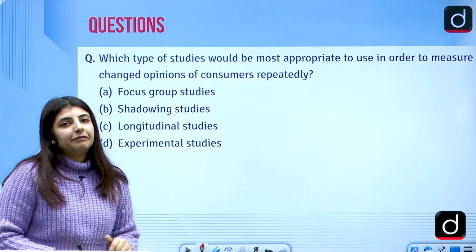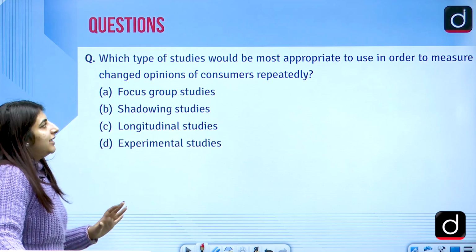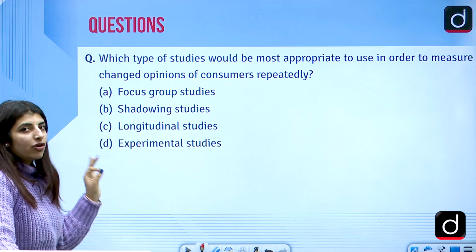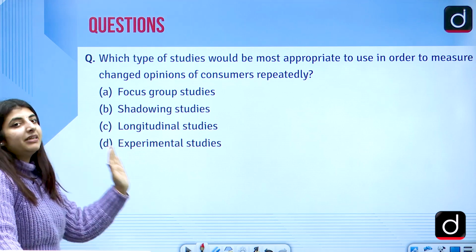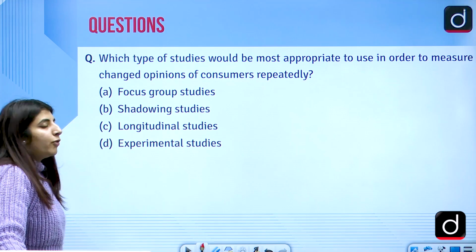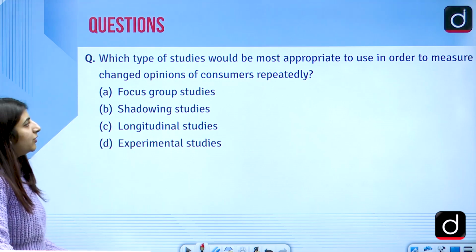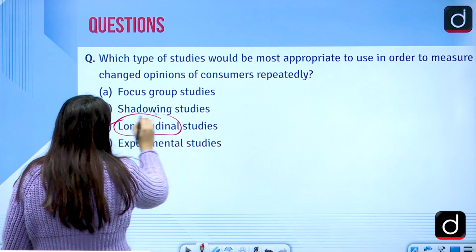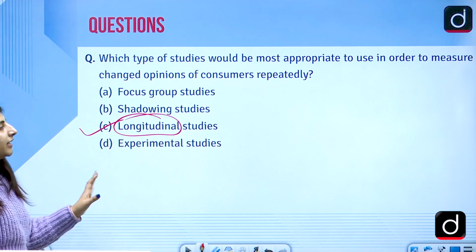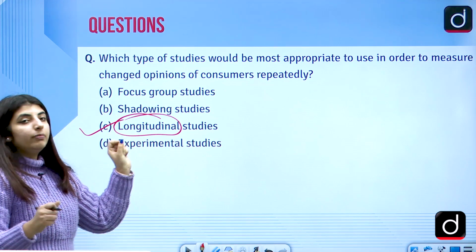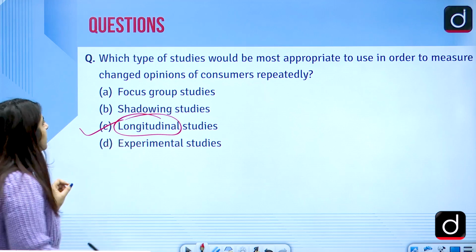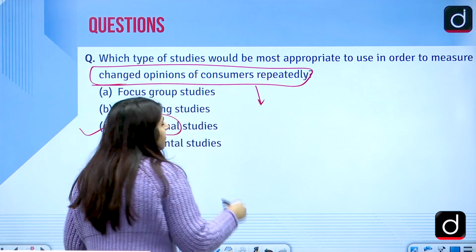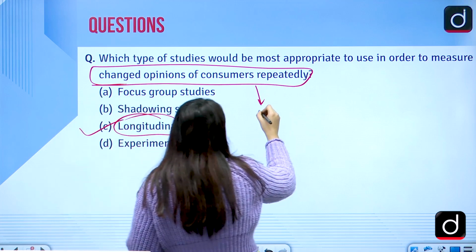The next question that we have is, what type of studies would be most appropriate to use in order to measure changed opinions of people or consumers repeatedly? So, pause your screens. The answer to this question is C, that is longitudinal studies. So, let's just read the question once again. The type of study which would be most appropriate to use in order to measure changed opinions of consumers repeatedly, which means that you are measuring people's opinions. So, the people here are the same